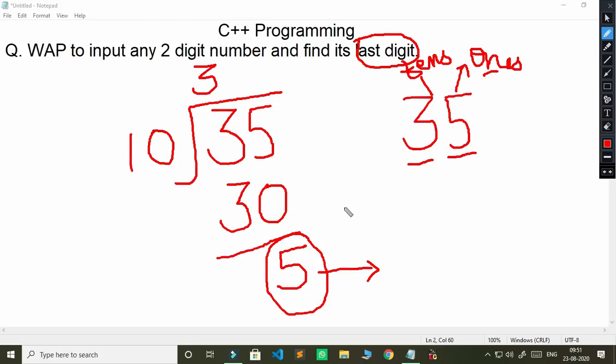The modulus operator will help you find the remainder. Let us see how we will do this program. I hope, children, all of you have understood this. Let us see how we will write the program.